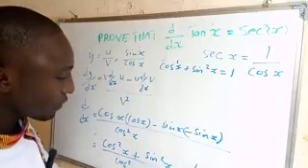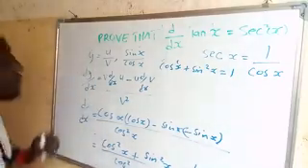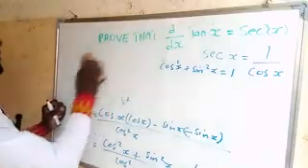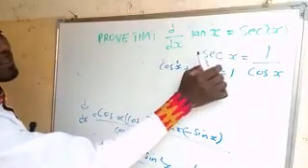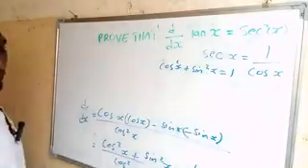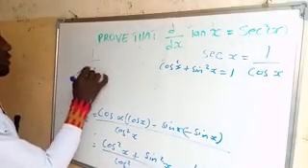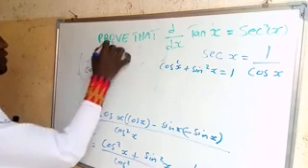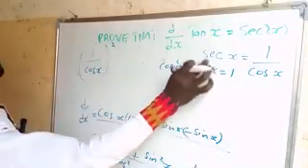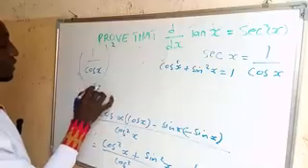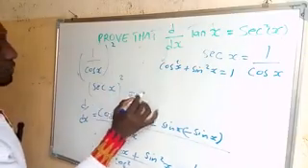Then we have cos, right? Now, remember we said sec x is equal to 1 over cos x. This one can be written as 1 over cos x, then we square everything. So this one here is sec x. So we have sec x, this one, then square. This one becomes sec